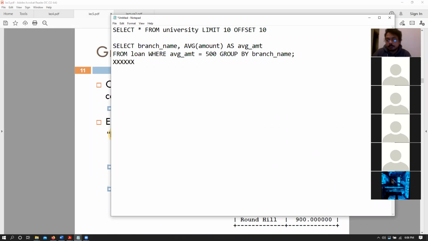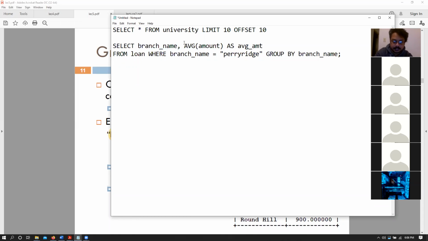Why can't we do this? Because here the where clause is executed before the group by operation is executed. So this cannot be done because there is no average amount yet. We will compute it later, but we can't do it here. For a non-aggregate operation, we can say, for example, where branch name equals Perry Ridge.